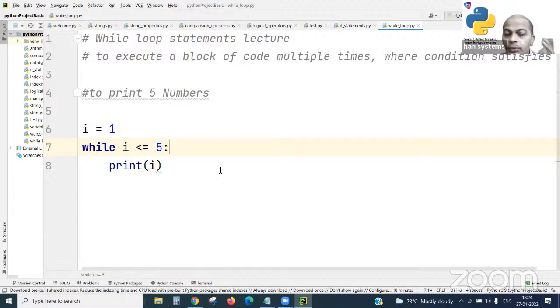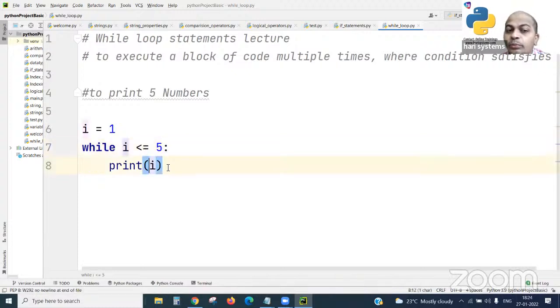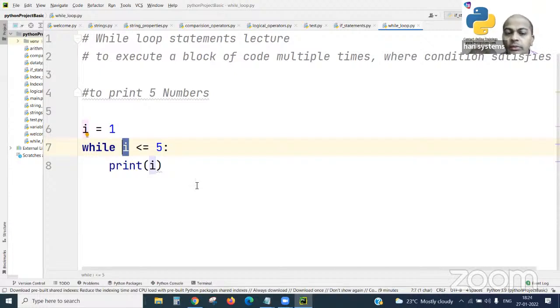So come to our point. What happens if I run this? Just see: I is less than or equal to 5 and print I means 1 is going to be printed. I have not used any increment or decrement, so it keeps iterating continuously. On every iteration, every run of the block of code, the I value is the same one only. I'm not giving any information, so we get the same I value with no changes.